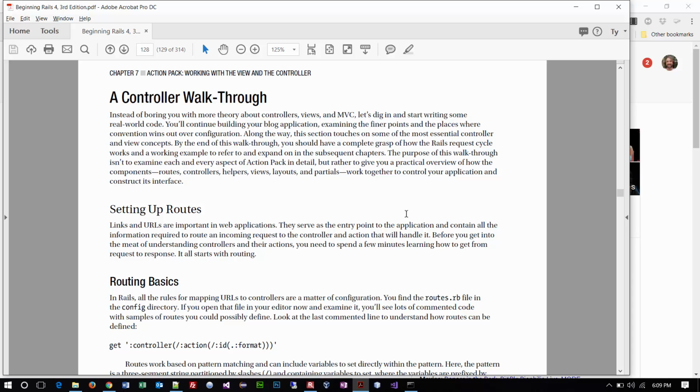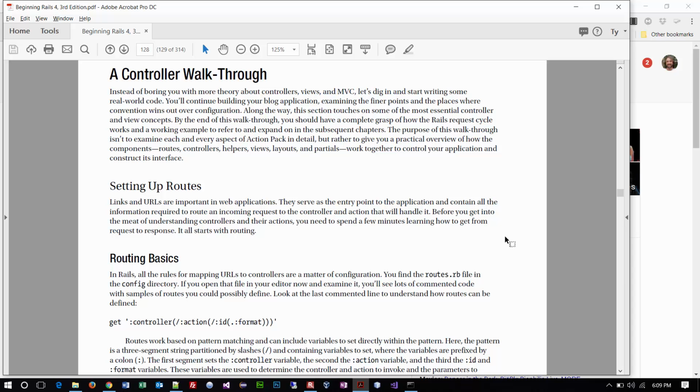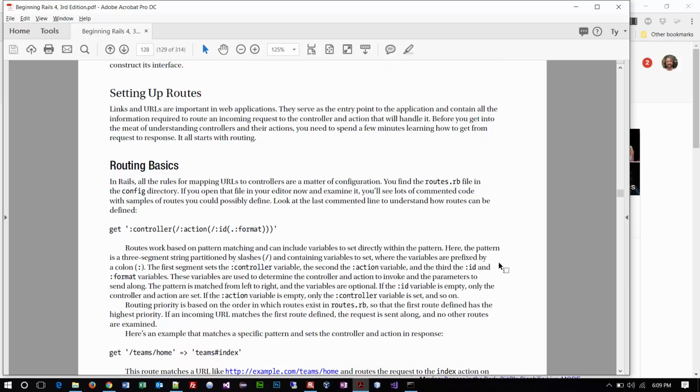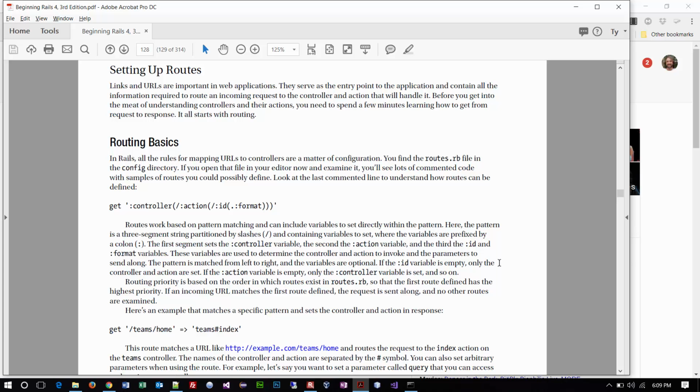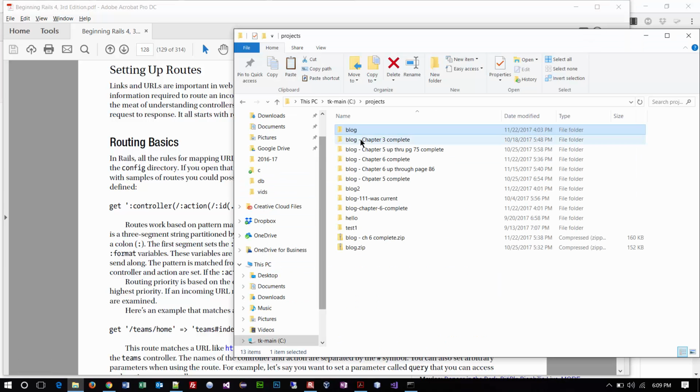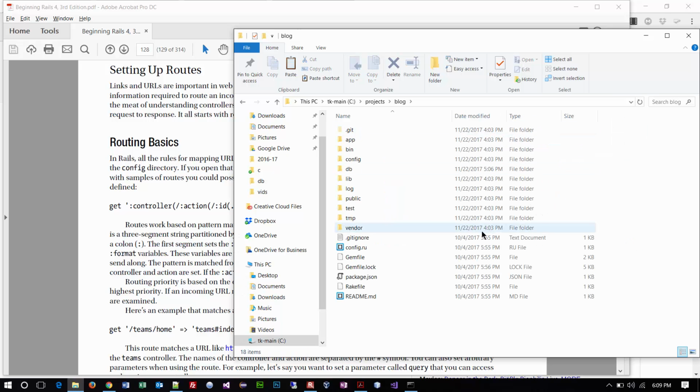All right. The next part we're going to talk about is the controller. So we're going to break it down a little bit. But one thing you do is you actually set up a routes file. So that's actually in your folder structure. And if you look at your application and dig in, there's a bunch of different